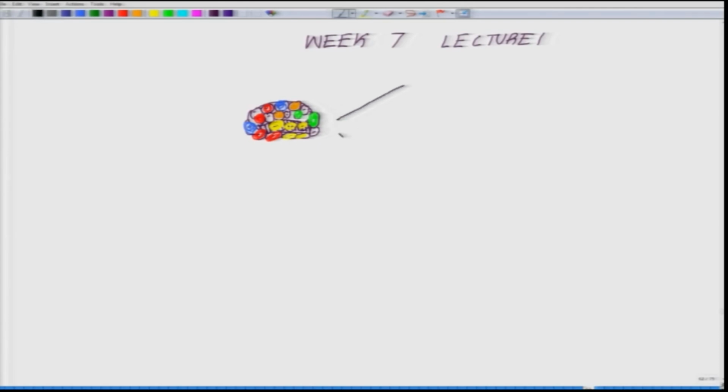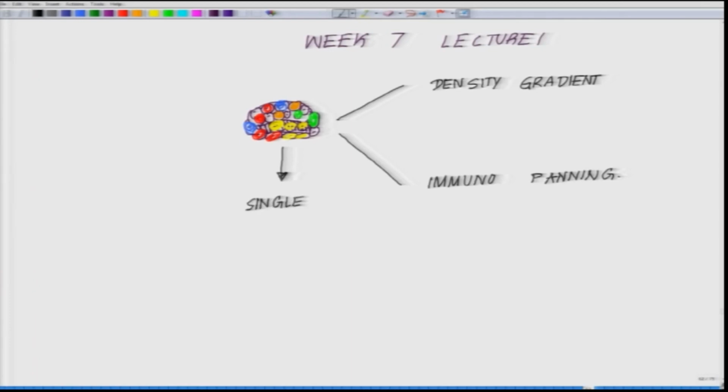So, we have talked about two techniques, right? We have talked about density gradient, and we have talked about immunopanning, where you are using an immune marker. Now, for both these techniques, what is very essential is that from this mass you get a single cell suspension,